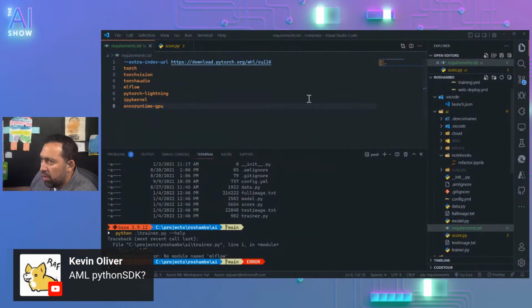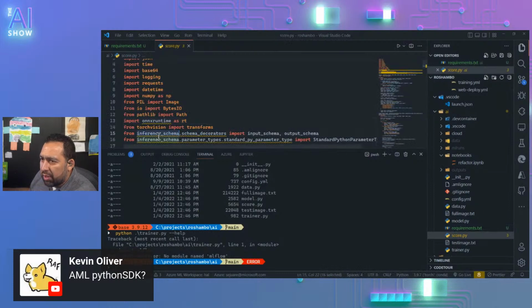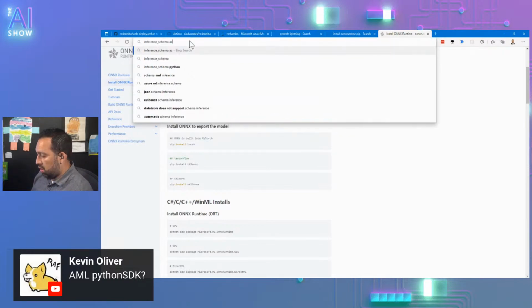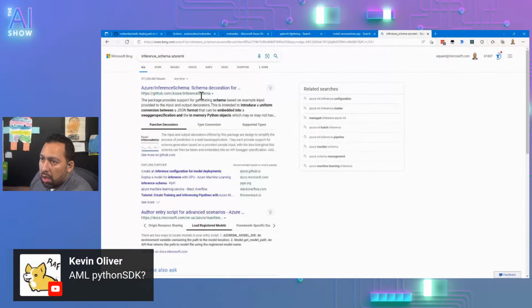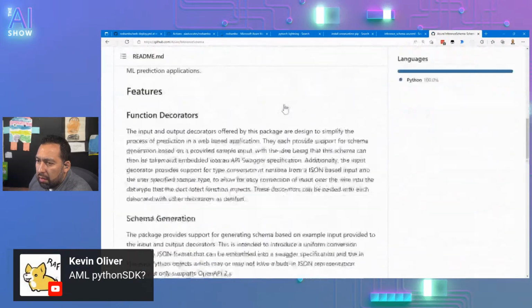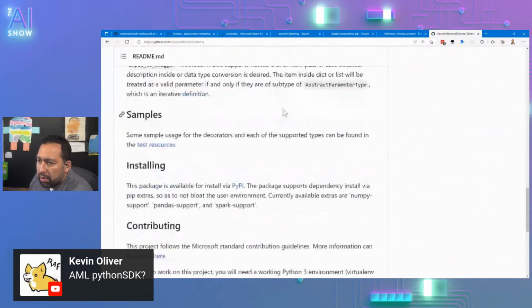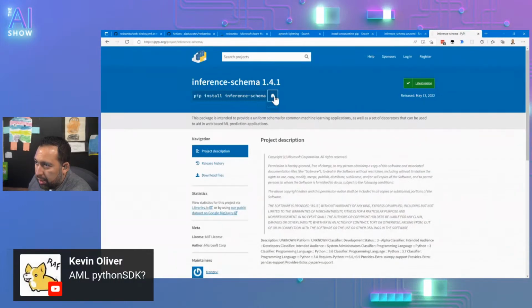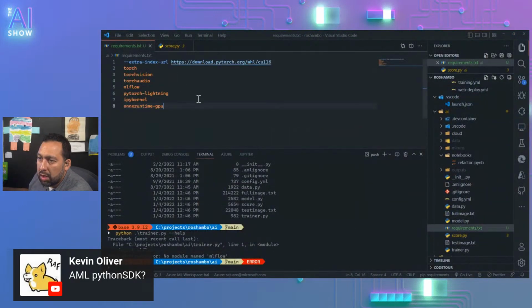And then the other thing was we needed an inference schema. How do we install it? Type conversion. Yes. There we go. Okay. So I think this is everything we need.